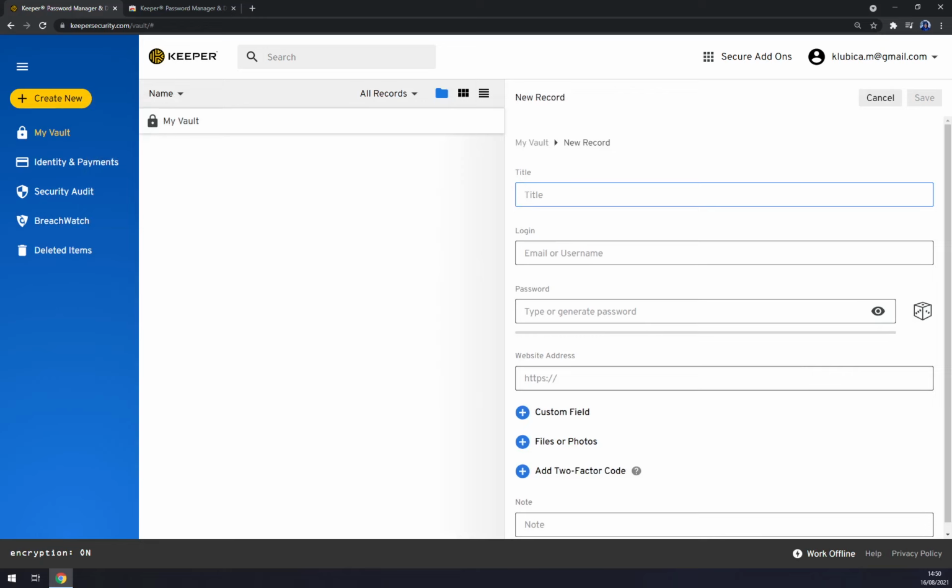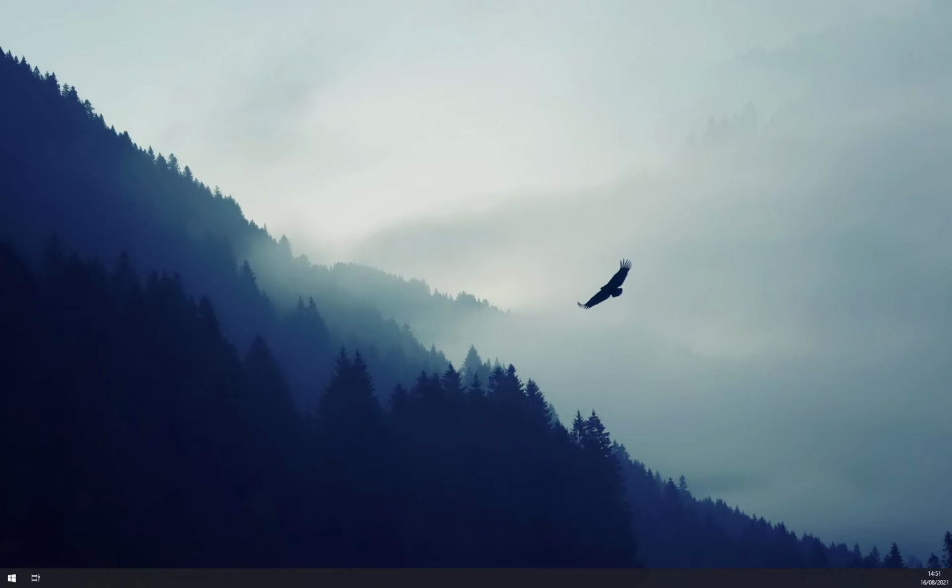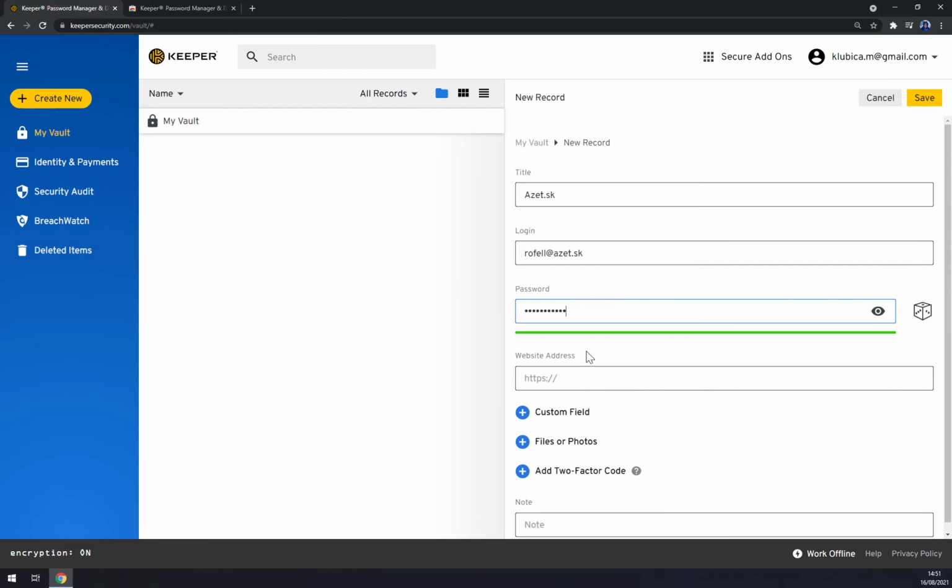Let's go with asset.sk, login, like this, password, let me hide it for a while, website address,